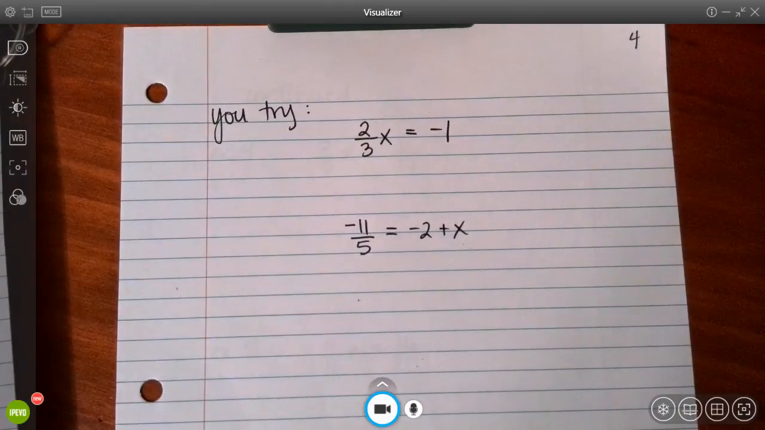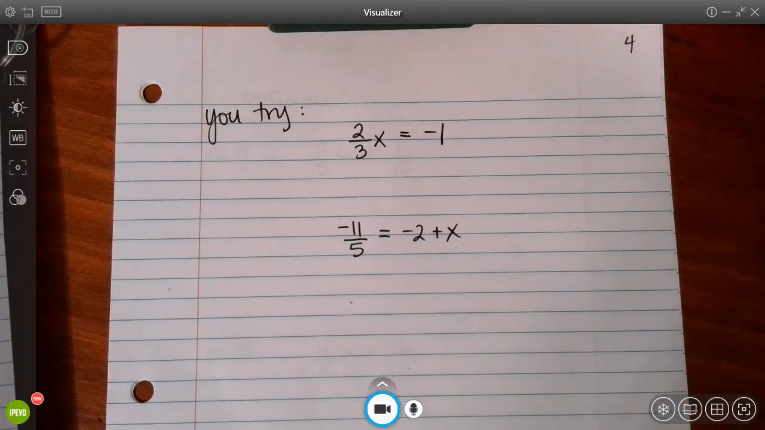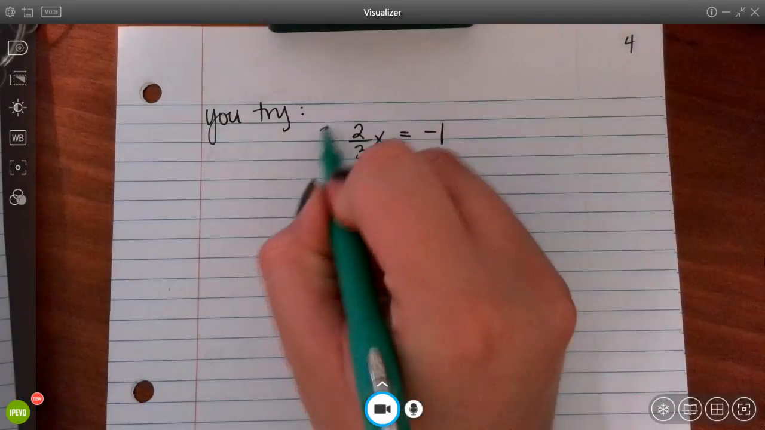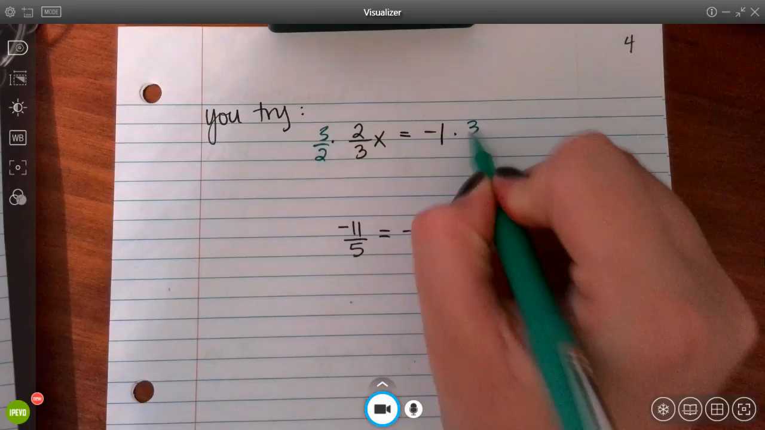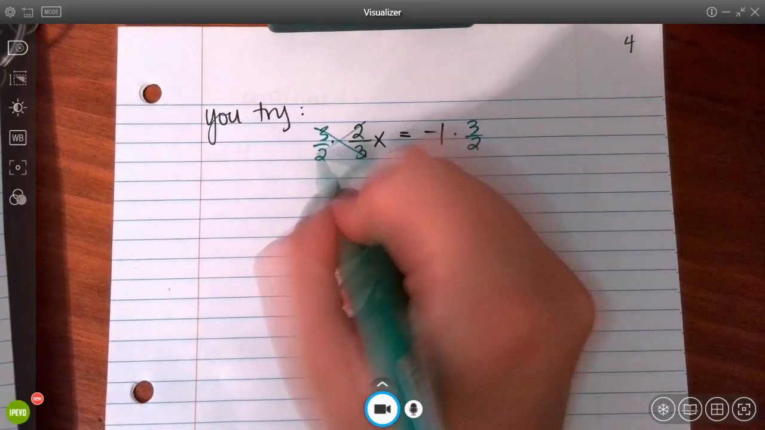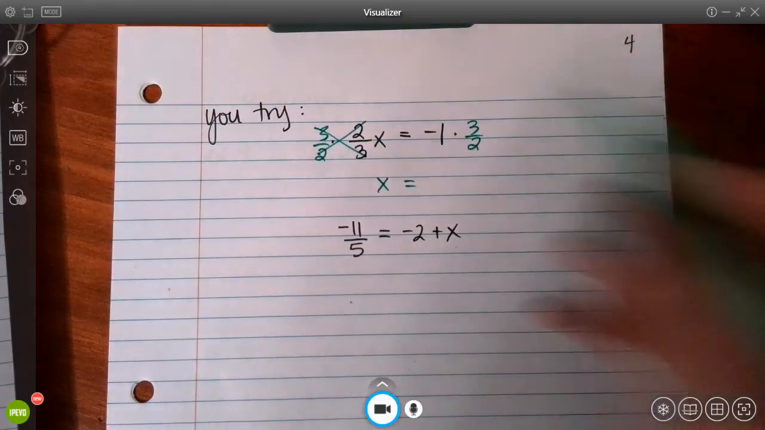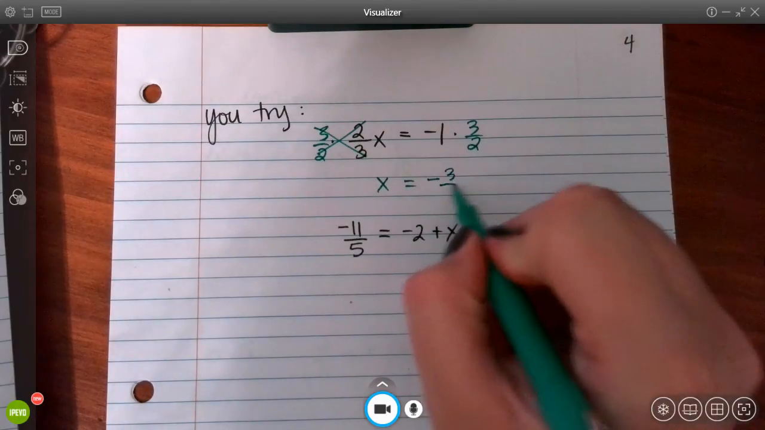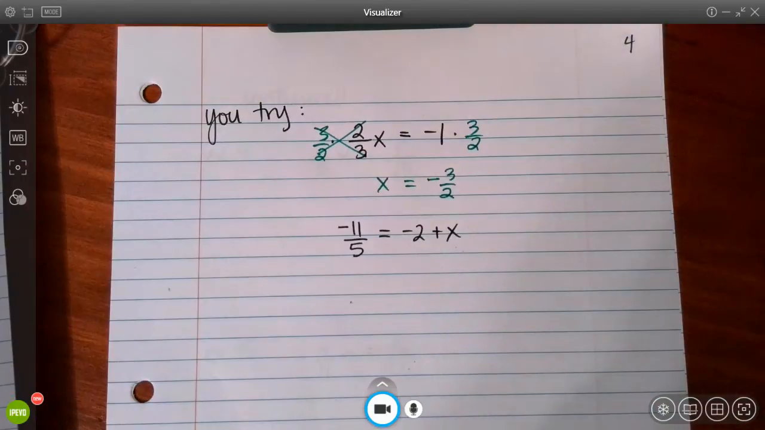Go ahead and try both of these. Check your understandings. For the first one, you should have multiplied each side by 3/2. These cancel out and you're left with an x. And your final answer should be negative 3/2 for the first one. For the second